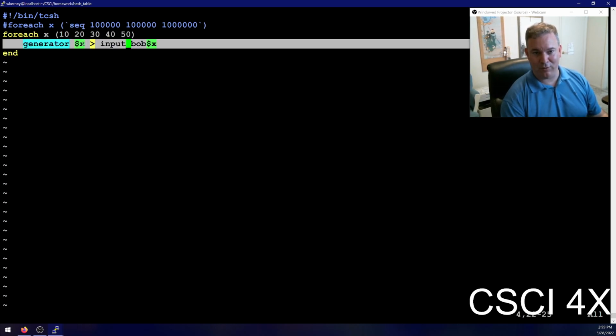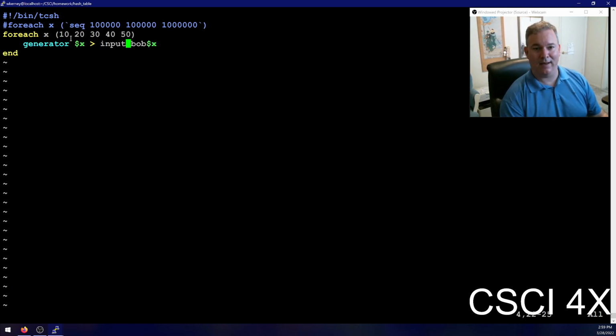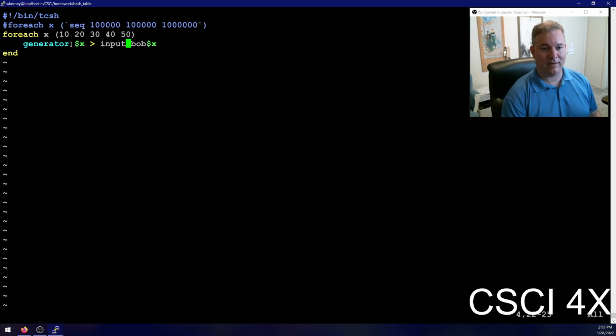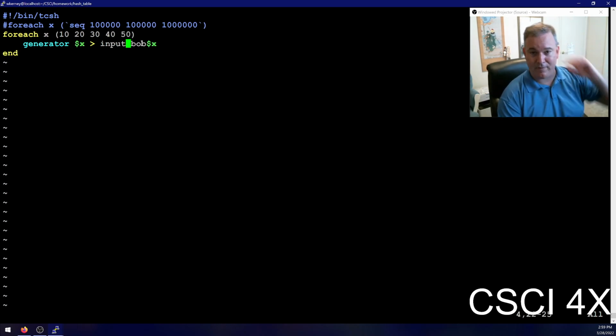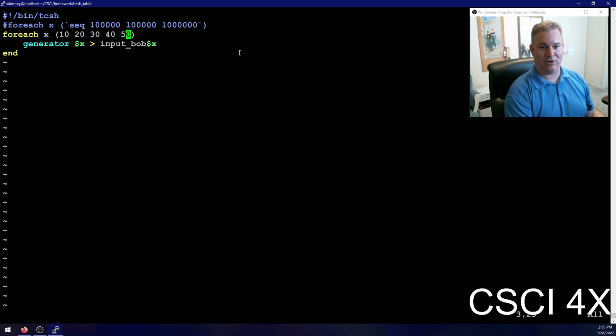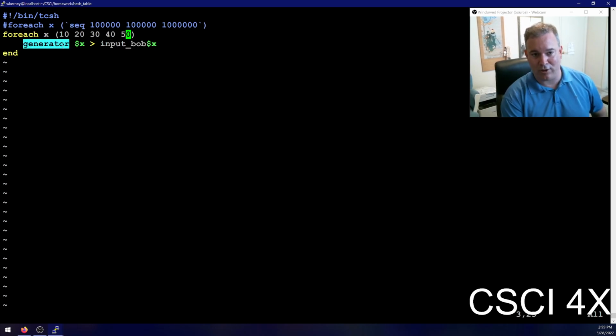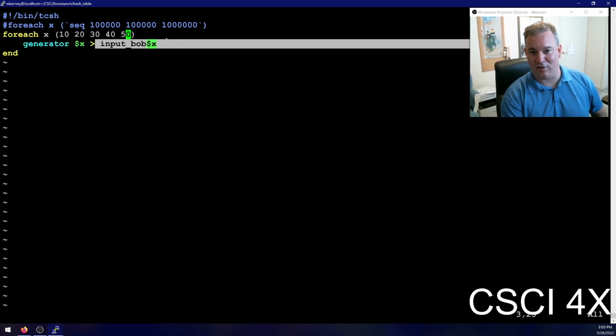The first time through the loop, x is going to be 10. Next time through the loop, x is going to be 20. Next time through the loop, x is going to be 30, etc. And it sets x, the variable x, to be each one of these in turn. It's a for each loop. It's like the range-based for loop we have in C++. And you access variables in Unix via the $, like that. And what's nice is that you can actually attach them to a word like that. And so this is going to run generator passing in 10, and it's going to write it to a file